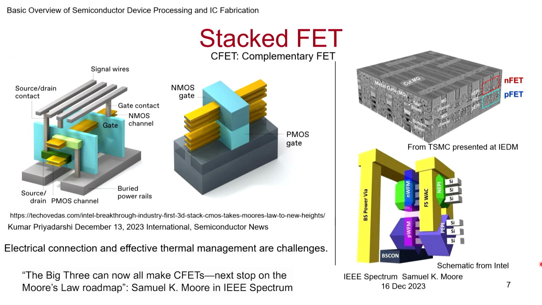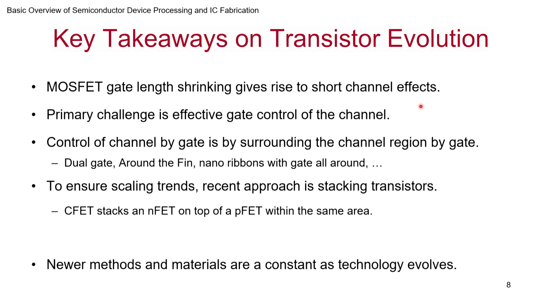Now, one advantage of this is you can use it as an inverter, because as inverters you need P MOSFET and N MOSFET. We have all studied that in circuits. So that's a basic structure for digital electronics. So it comes as a package. Of course, you can also use individual transistors, but then connections and other things you have to watch out for. So I hope you got a glimpse of the direction in which we are evolving. This is the key takeaway on transistor evolution.